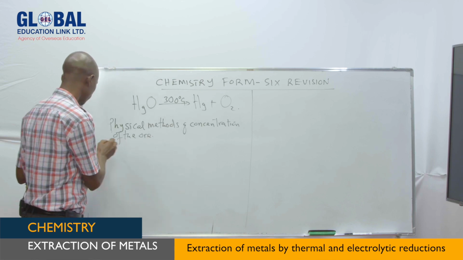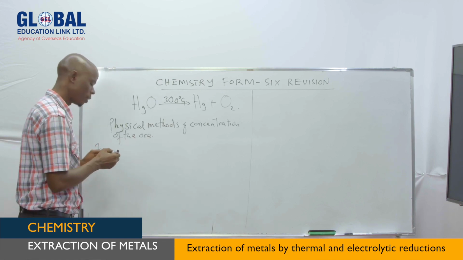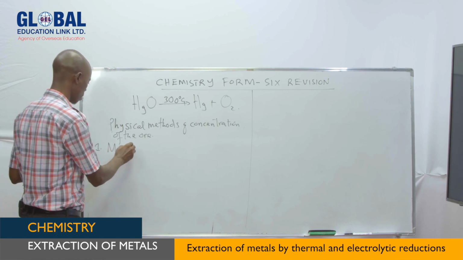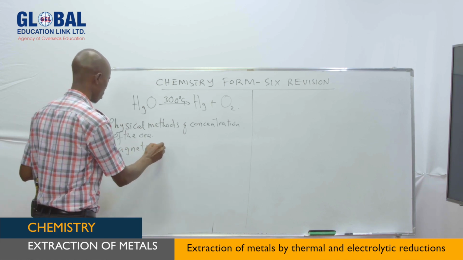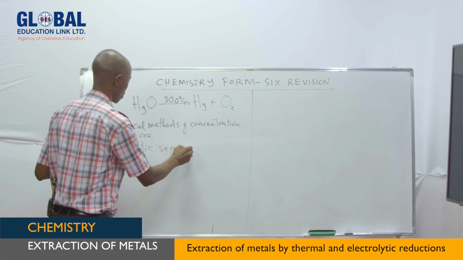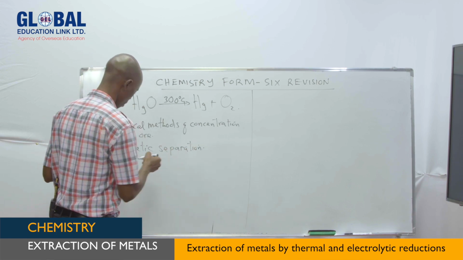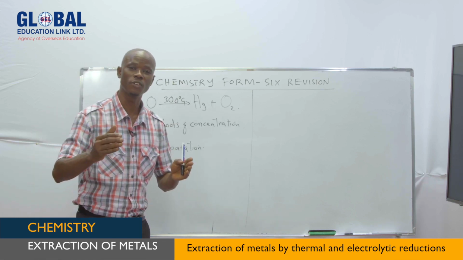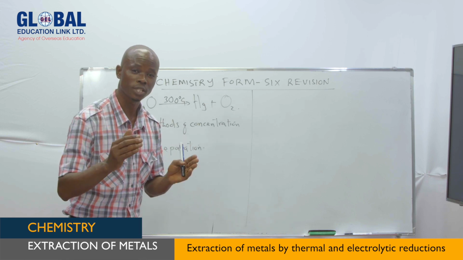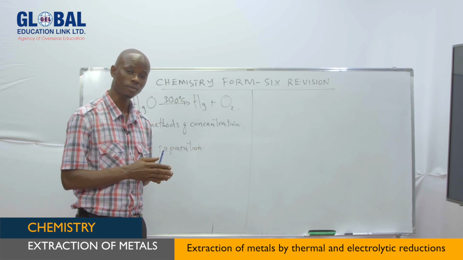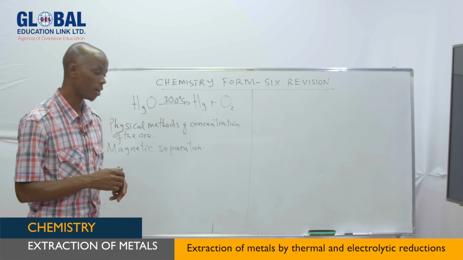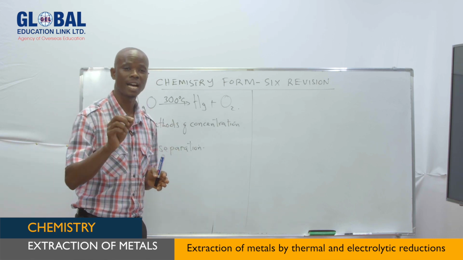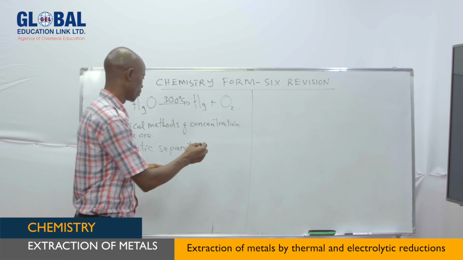Now, the first one that we have is magnetic separation. Magnetic separation is one of the methods of removing the impurities from the ore. And this is done to separate the magnetic impurities from non-magnetic ore. For example,